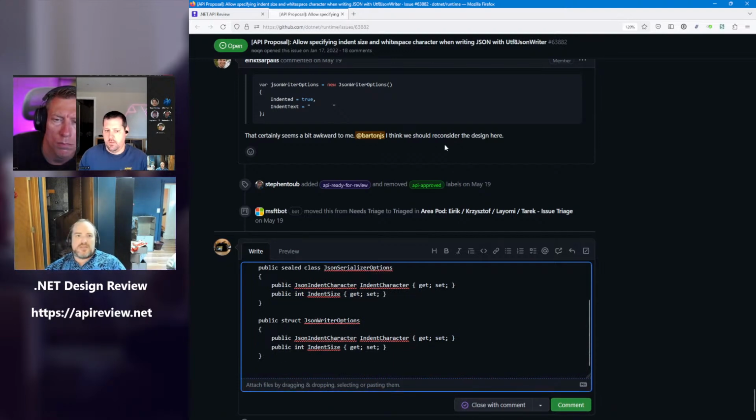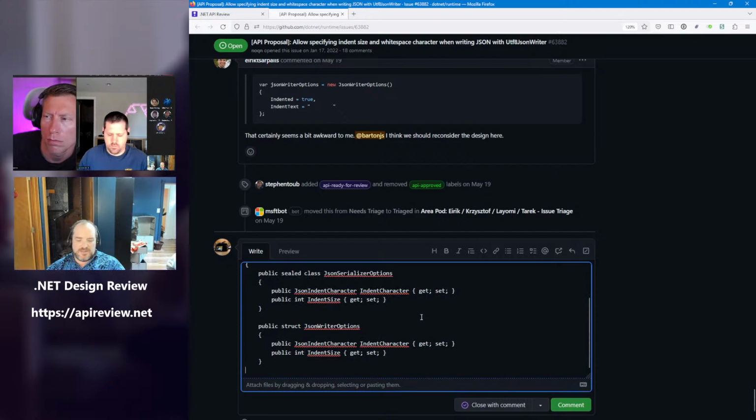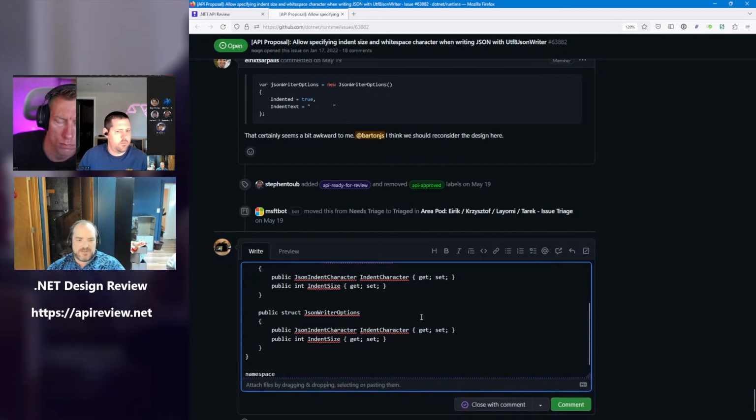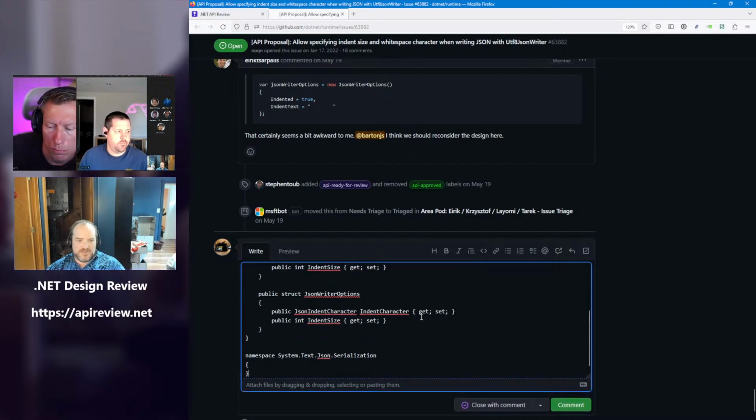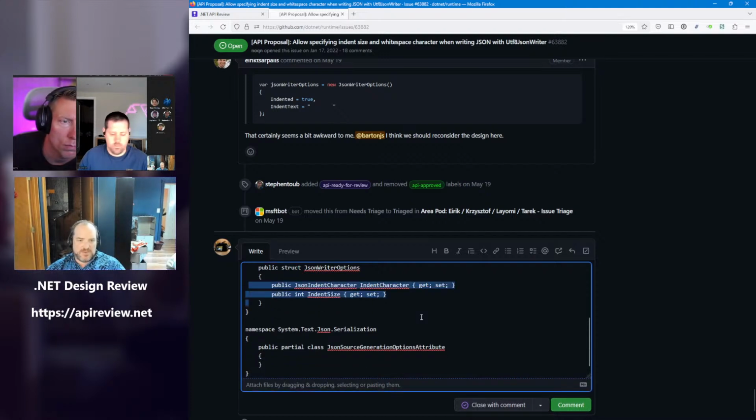Does anybody know where the attribute is? It's under System.Text.Json.Serialization, and the name of the attribute is JsonSourceGenerationOptionsAttribute. And then it just gains the exact same two things? Yep.